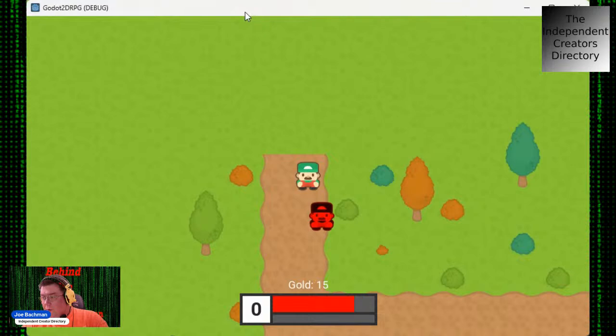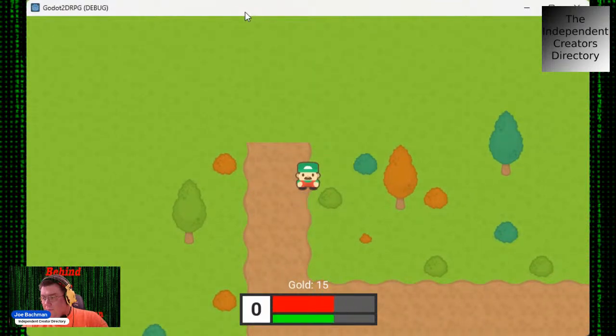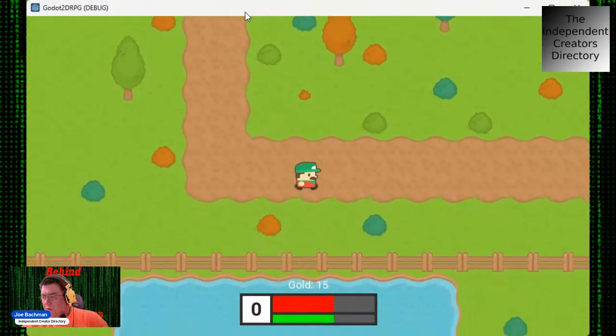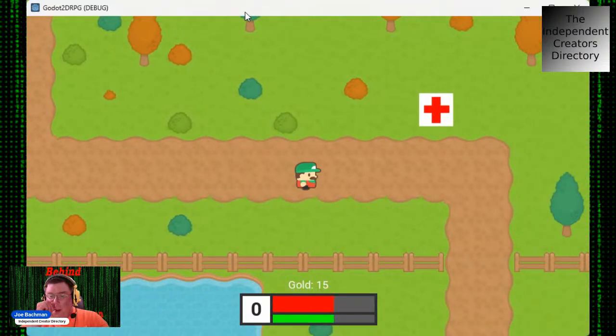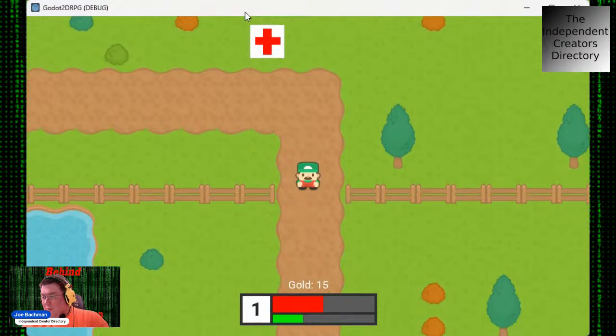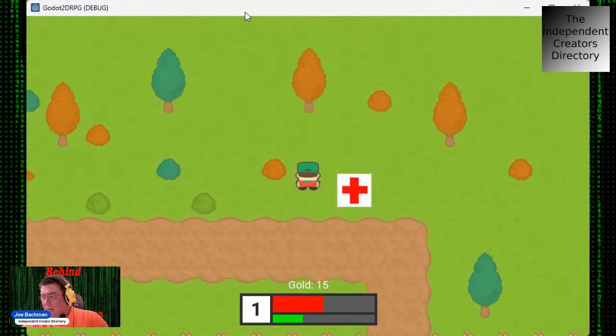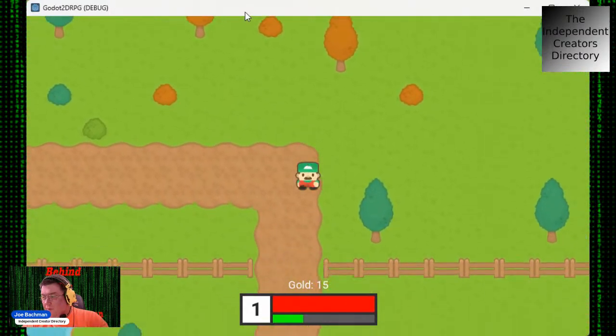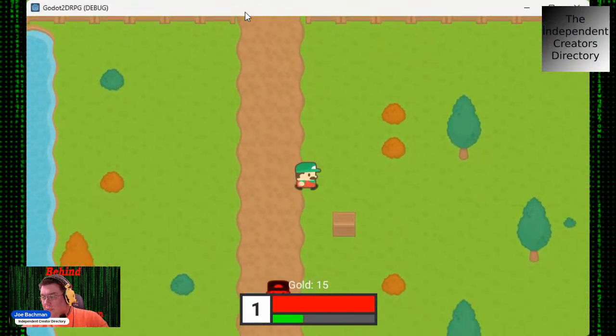If you get close enough to them, they will damage you. But you can also attack them, and take them off the screen. As you do that, it gives you experience, which helps you level up. We've got health packs to heal with,